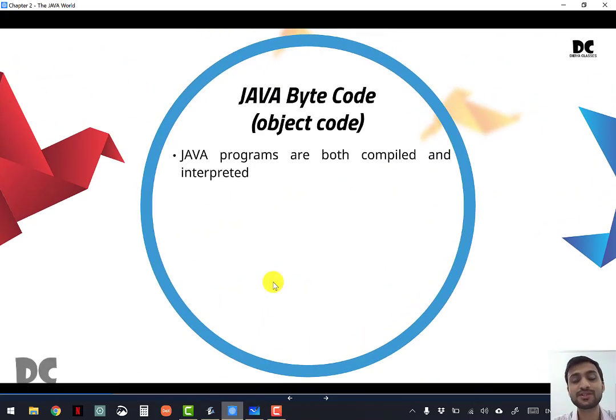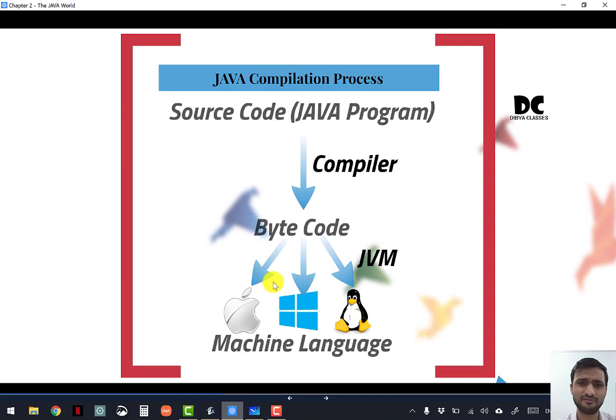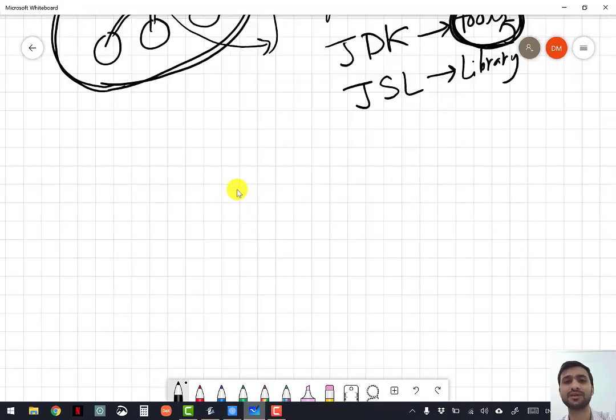Okay. Next we'll study about Java bytecode, also known as object code. Before going into this in detail, first let us see a small story.